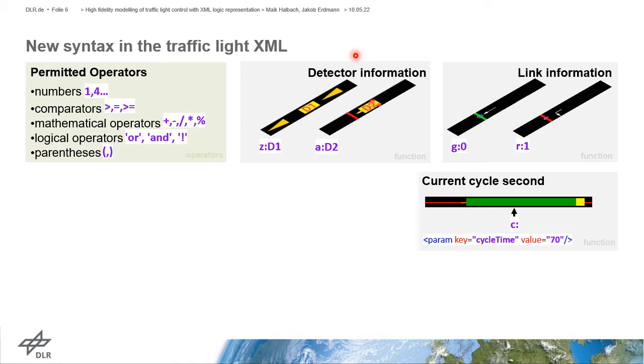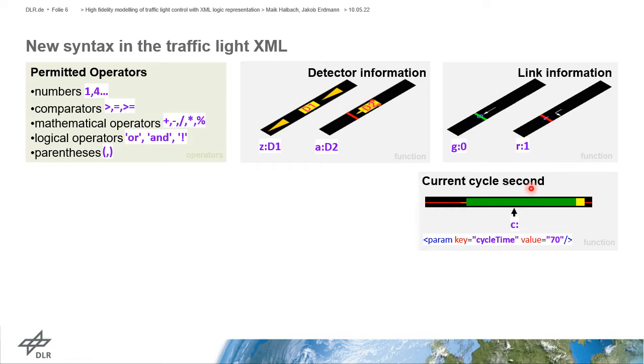This could be information about detectors, so, for example, a time gap between vehicles, a headway, or a demand of a specific detector. And it's also possible to get information about a specific link, about the already operating green time or wait time, for example. And another function gives